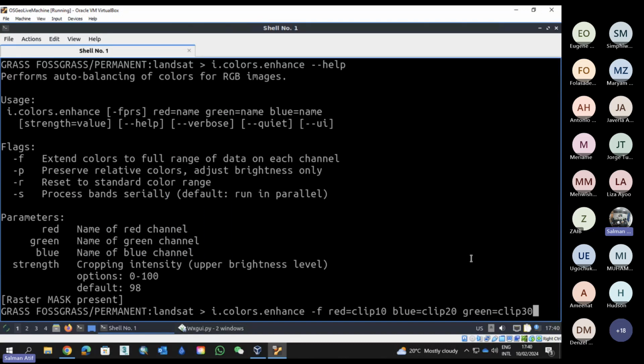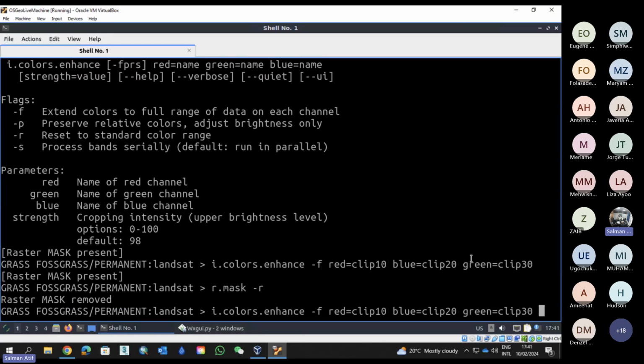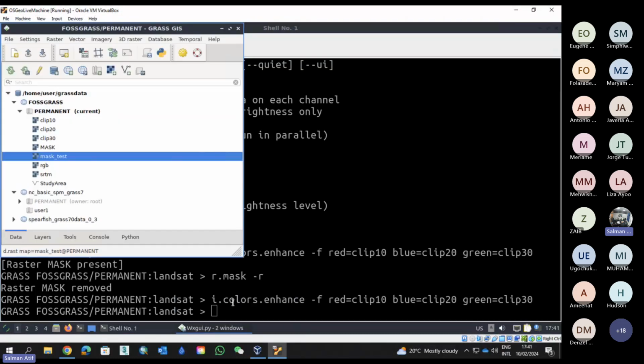Okay, 30. I'm going to press enter. I'm going to first have to remove my mask actually, because if I continue with the mask, it would not be for all of them. Now, if I go to these images now